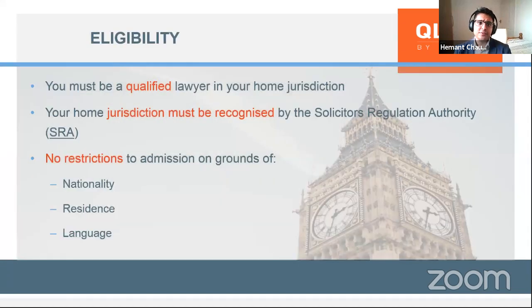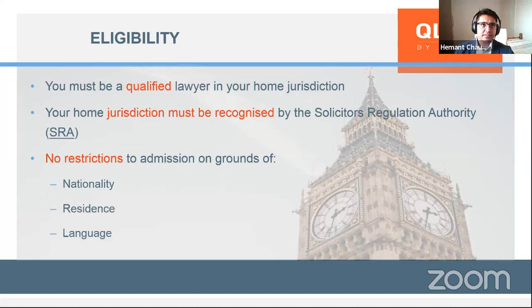So firstly, to be eligible for the QLTS, you need to be a qualified lawyer in your home jurisdiction. So if you're an Indian qualified lawyer or you're a qualified lawyer anywhere else in the world, you will likely be eligible to sit the QLTS assessments. Your home jurisdiction must be recognized by the SRA.